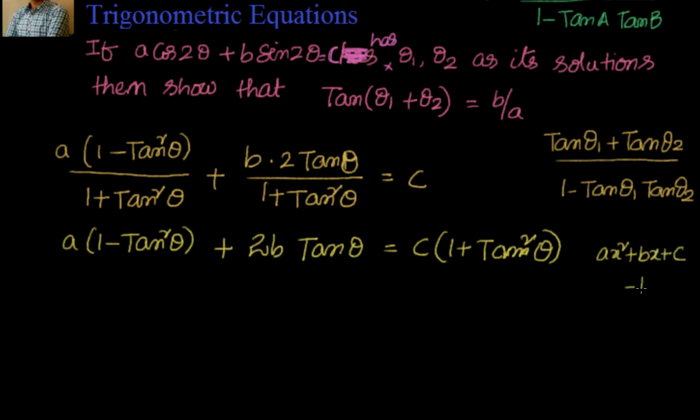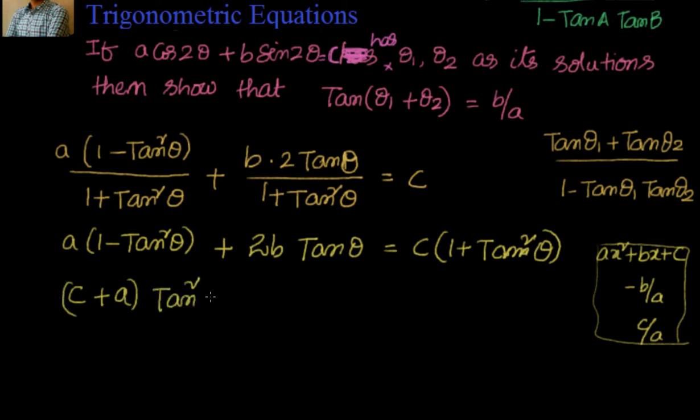Okay. Let's now look at all the tan square theta terms. I have minus a tan square theta here and I have c tan square theta here. So if I bring that side, this becomes c plus a into tan square theta, and I will take 2b tan theta to that side because I am moving everything from the left hand side to the right hand side, minus 2b tan theta, plus I have a here which will become minus a if it comes to the right hand side. So this is c minus a equal to 0.